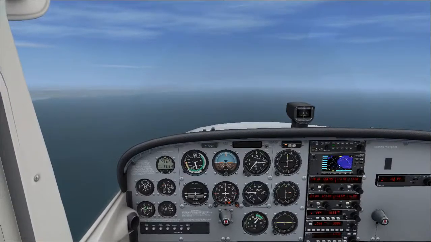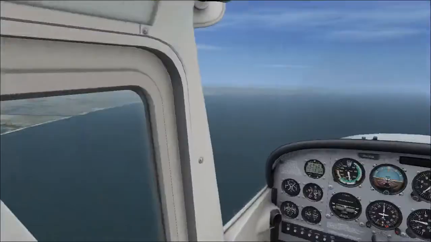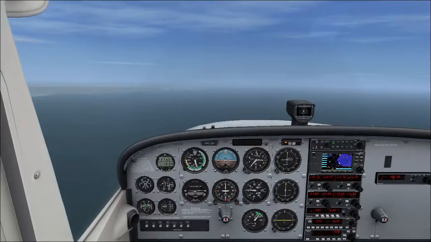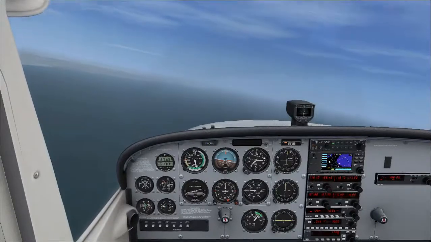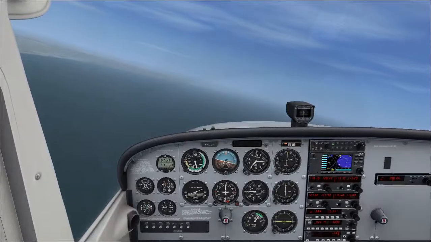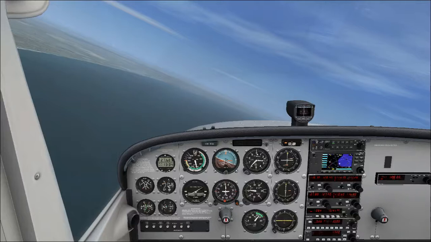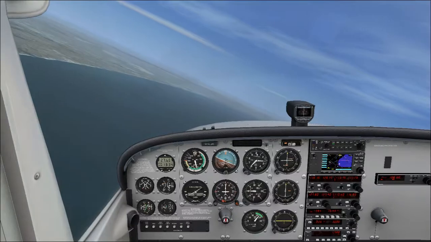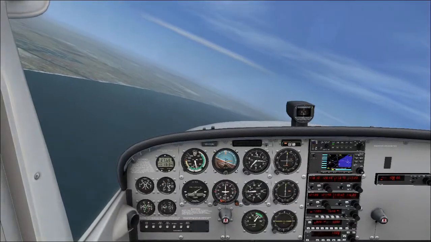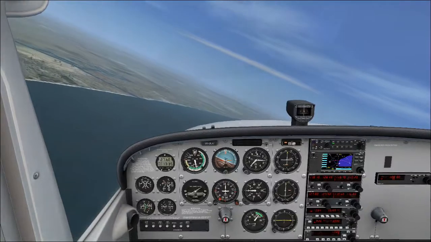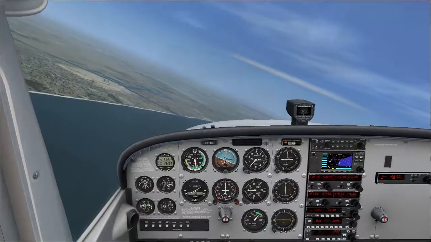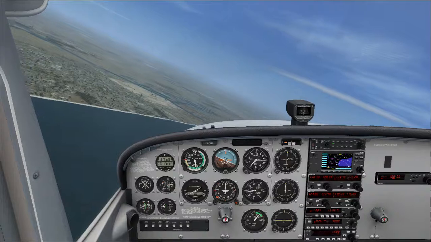So once again, LBBB: look out, bank, balance, slight bit of left rudder, and back pressure. A little bit of back pressure, just to keep the attitude. It's a bit hazy today, but you get the point. So we're setting the horizon at the bottom of the compass,